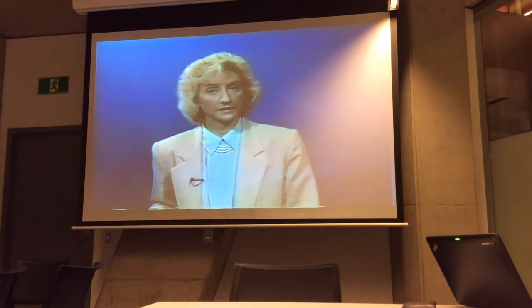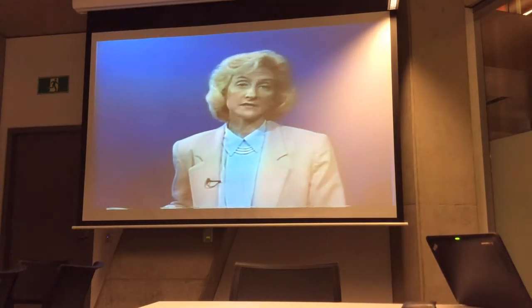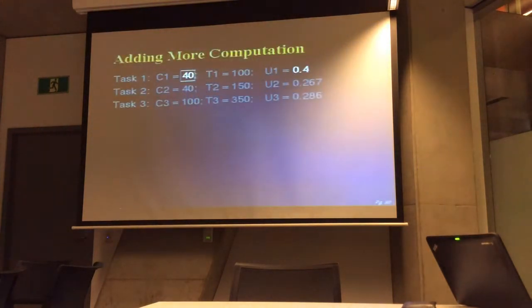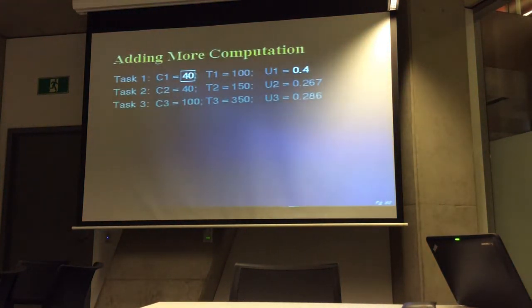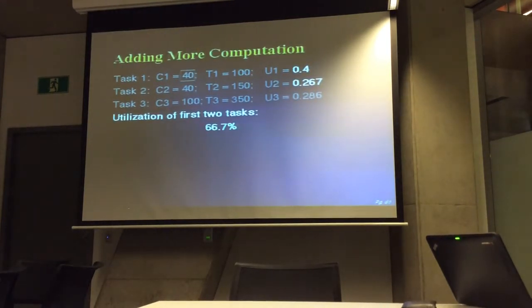And now for the timeline example for Theorem 2. First, let's mess up the example we've been working with. I've changed the execution time for task 1 from 20 to 40, which in turn changed the utilization from 0.2 to 0.4. If we only had 2 tasks, we'd be okay, since 0.4 plus 0.267 is 0.667, and